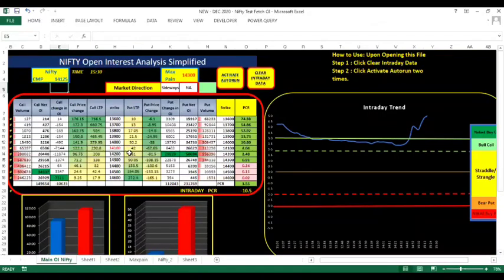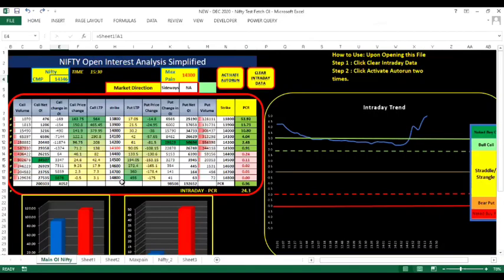It immediately changes to 14,100, which means as and when there is a movement in the Nifty price, the sheet will automatically fetch the requisite data, and you will always find the ATM call highlighted in red color. This ATM call would be in the center of the sheet. That means there would be 5 strikes available above the red one, and below the red one another 5 strikes. I'm just taking it back to the level where it originally was. So this is how this CMP is connected to the sheet.